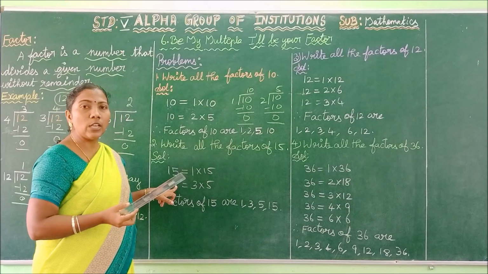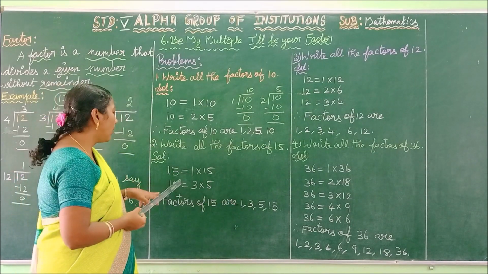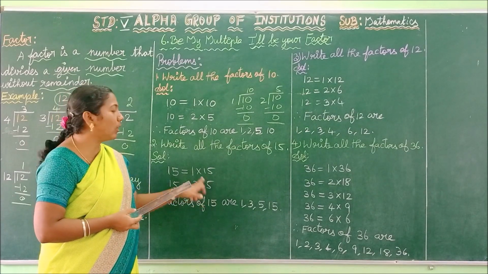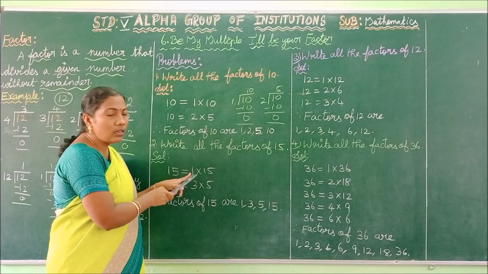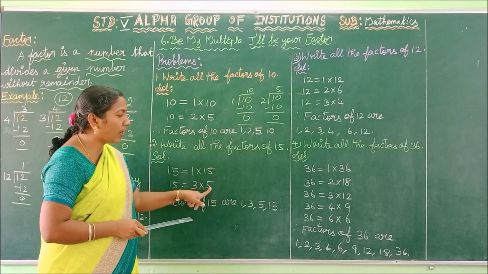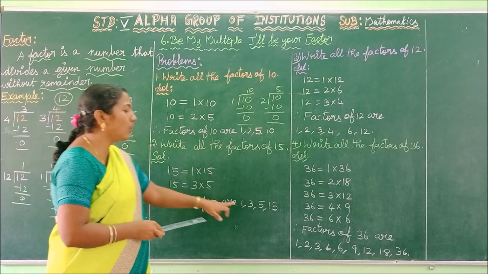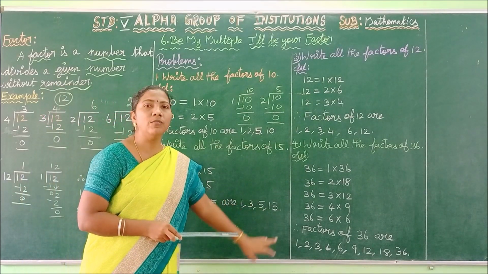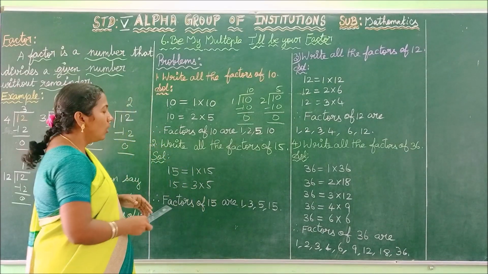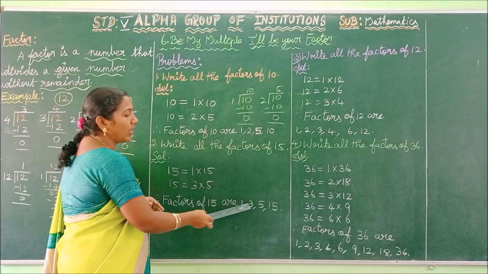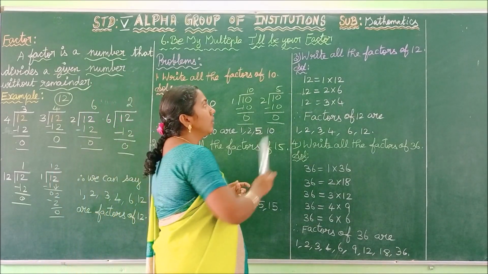Similarly, can you find some more numbers? No. So you have to stop up to this. So what are the factors of 15? You have to write these numbers in ascending order. First you have to write 1 and then 3 and then 5 and then 15. It means 15 can be divided by 1, 3, 5 and 15 without remainder. Without remainder means 0 as the remainder. Okay. So what are the factors of 15? 1, 3, 5 and then 15. Is it clear?